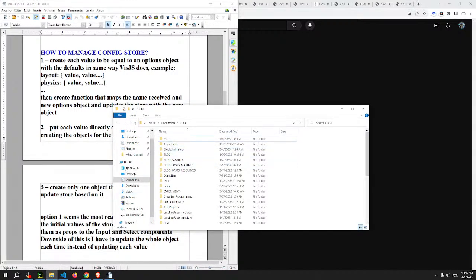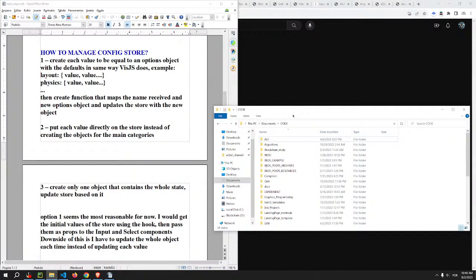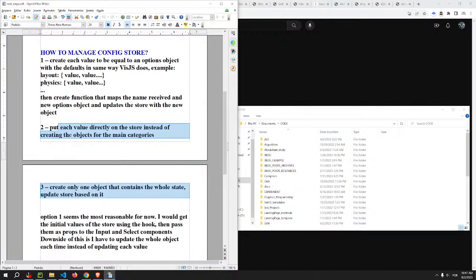But first I'm gonna explain what I'm thinking about. Because there's two different things that I was contemplating, but I forgot the second one. But the first one is the store. It's like, how do I manage the config store? And there's several different options, some of which I wrote here, which is to create a different store for the customization. I think that's the second thing, is whether or not you create a different store, which I already did, but